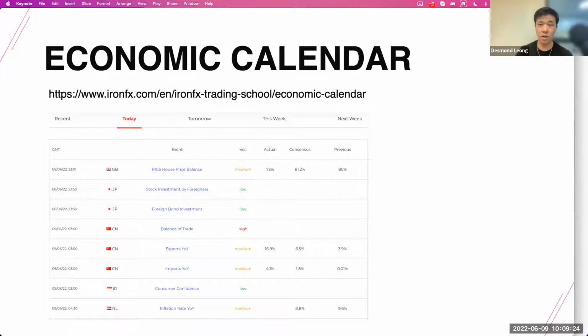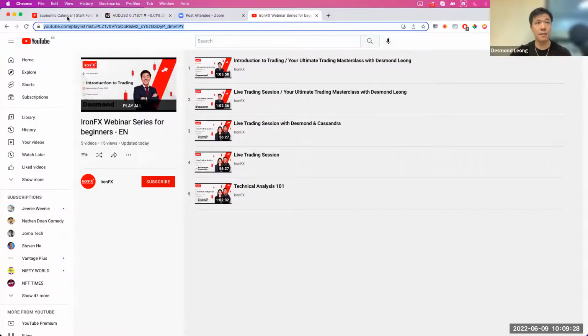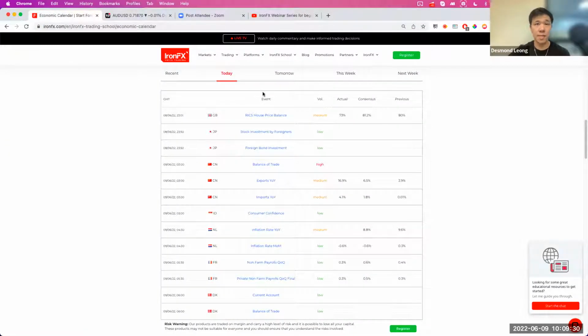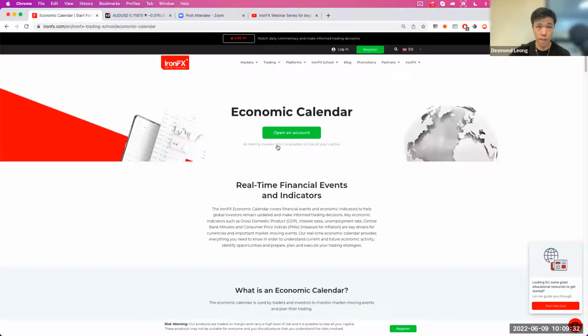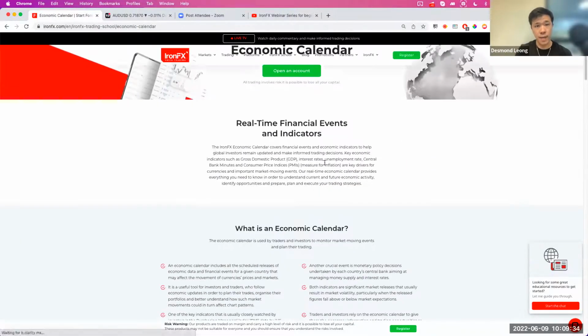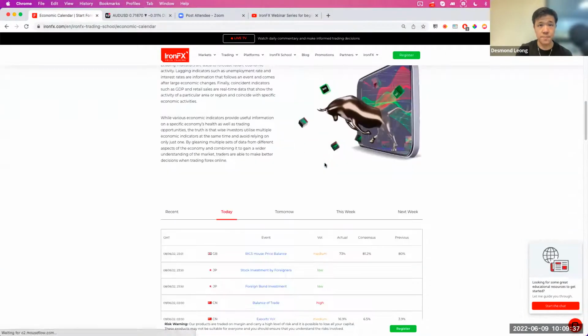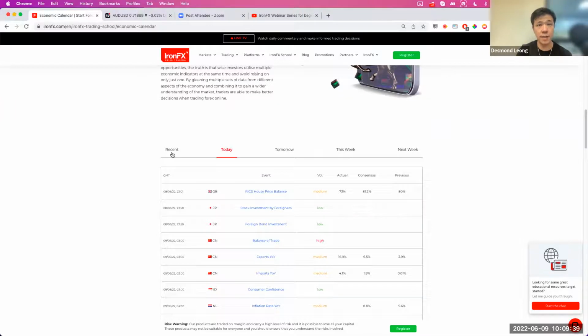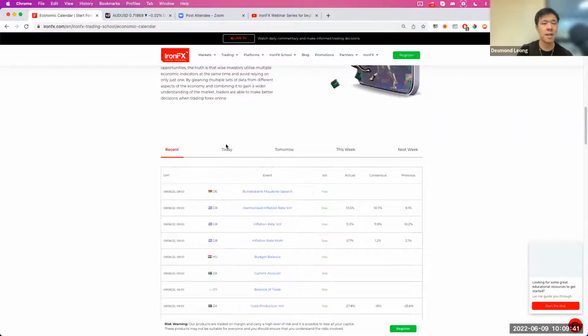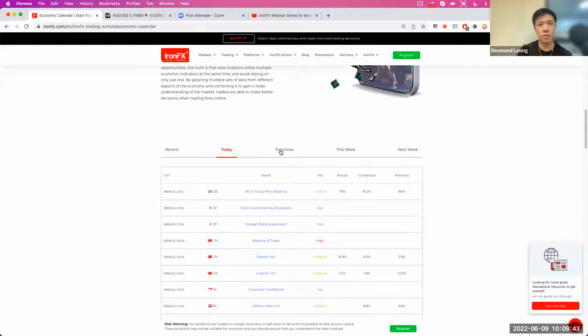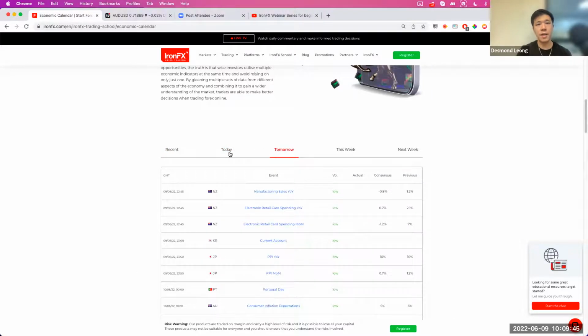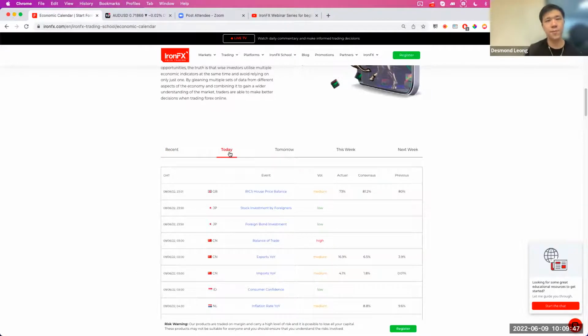There are many different kinds of economic calendars out there, but you can see on IronFX, when you go to IronFX, there is this page where you can go to the economic calendar, right? And it shows you what the key news events coming up are. You've got the recent one, you've got today's economic news, you've got tomorrow's economic news. But let's just look at today's economic news calendar. The key news events that you usually want to watch out for are those that have a